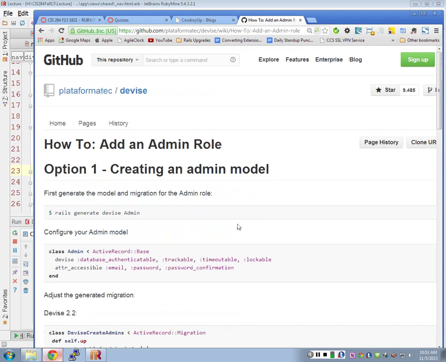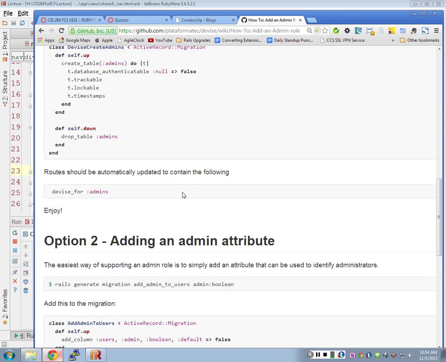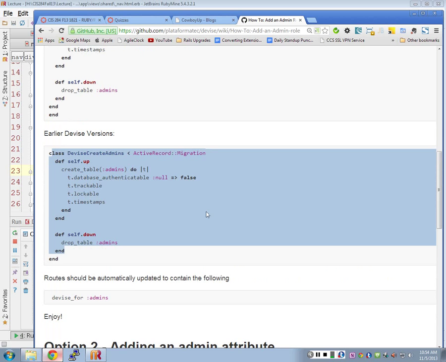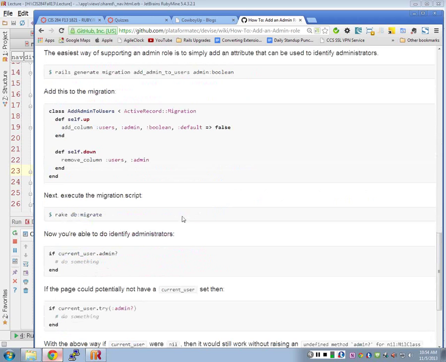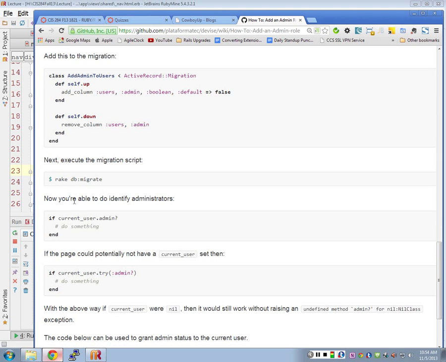And you can click on that and modify how the users table works. All right? And they tell you how we can create some administrative type of users here. All right? So I'm going to be doing this kind of a concept, adding an admin attribute to the users table. And at the same time, I'm going to add some more information, like their first name and last name, just to show you how we can do all that in one